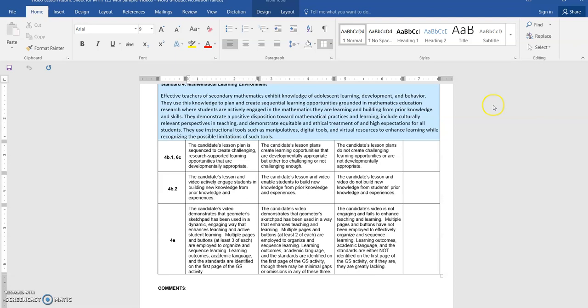Now, this particular element may not make much sense to you right now because you may not know how to create multiple pages or buttons yet in Sketchpad. That's okay. There are several different examples of lessons that have done so that I'm going to show you in the next video. And in addition, I give you several different resources to consult for extra help with Sketchpad. I'm going to show you those in the next